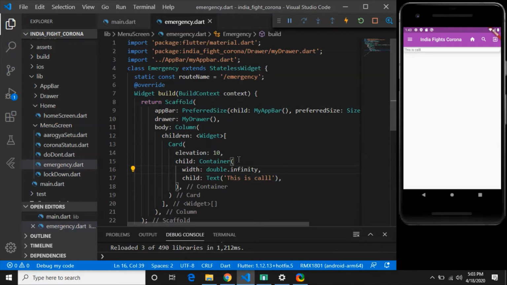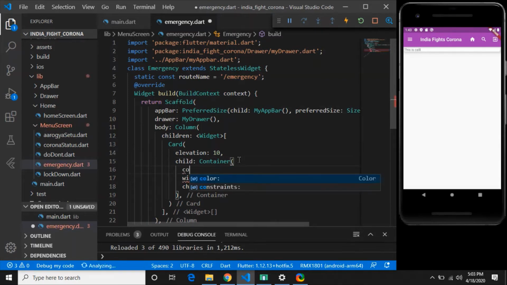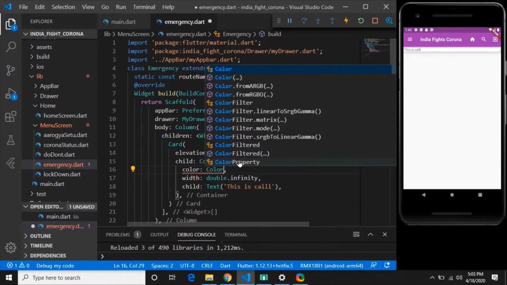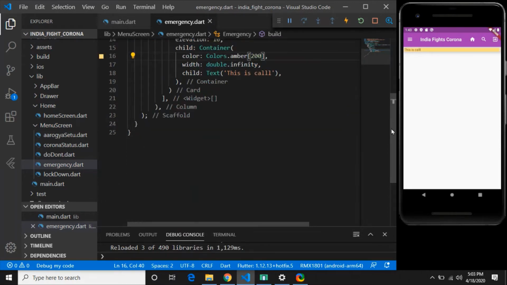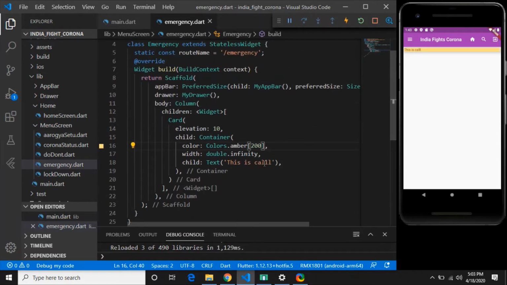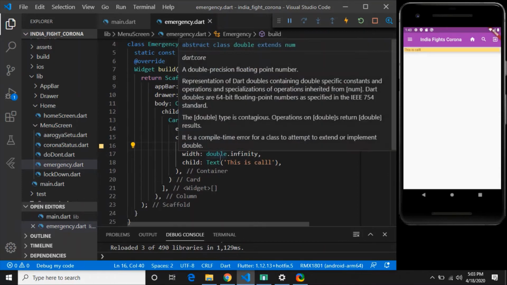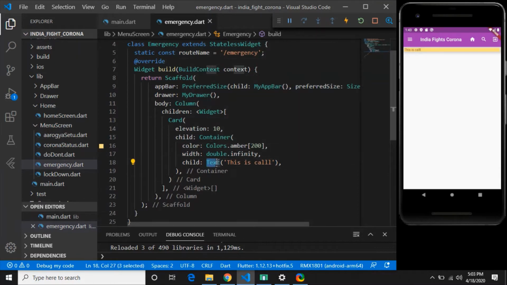And I will have some light color also for that container. So color, I will give Colors dot amber, and I will give the shading of 200, so that it should not be very dark. Okay, so this is the color, and after that I want button as well as text. If you want two widgets, then you have to go for column. So column will have multiple children.